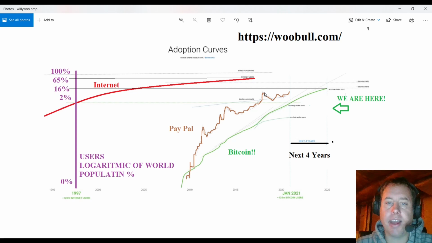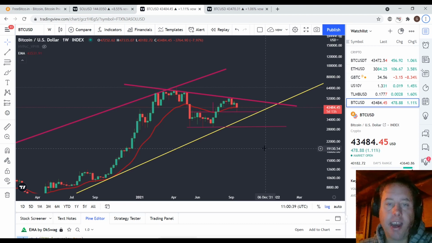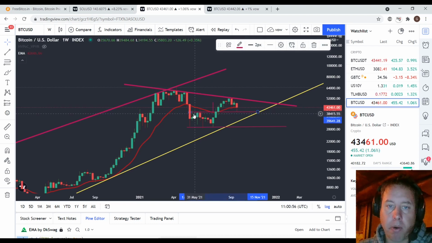So now let's go and look at the charts. On rainy days, I like to zoom out and take a look at the weekly to see that we are still doing all right. As we can see, we broke out of this channel here into a new channel, and this support from the prior, I won't call them swing highs because it was right after a big crash or correction, but the swing highs from the bottom of this correction, that is holding for the time being.